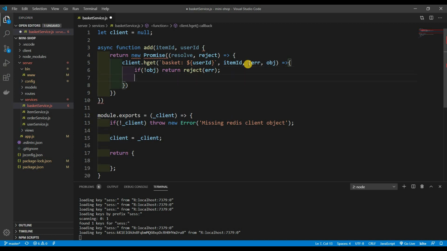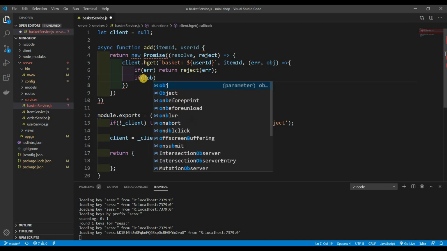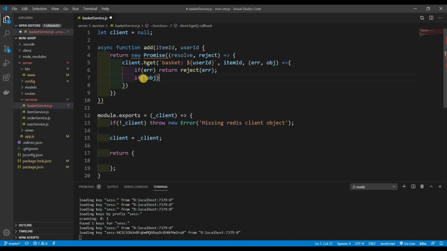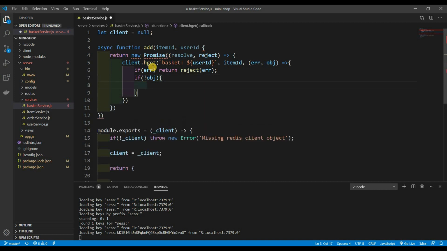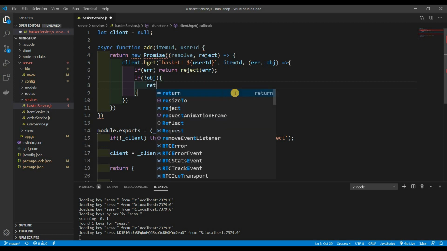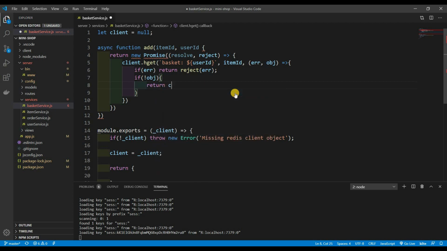And then if there's no object, basically that means that we don't have that item in the cart, so we're going to have to add that item to the cart. So what I'm going to be doing is return client